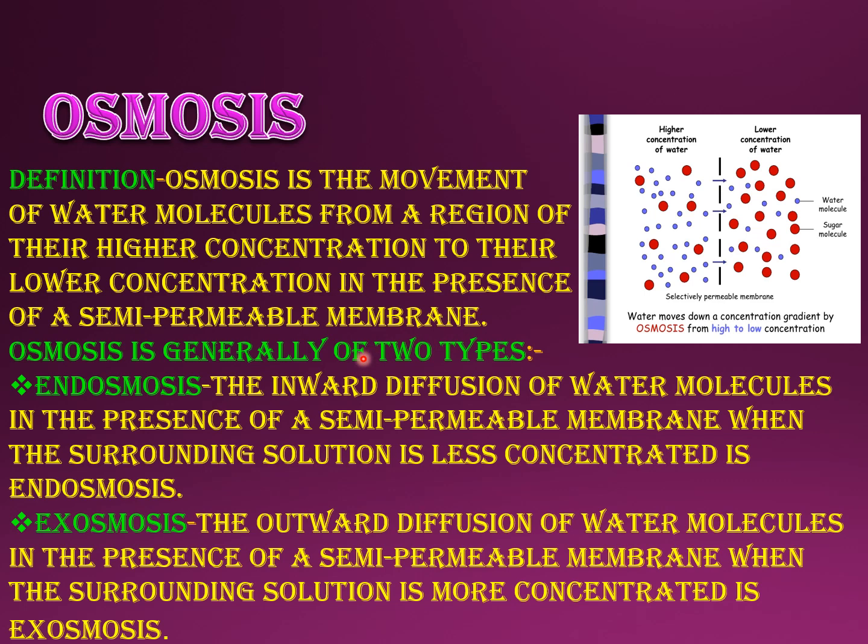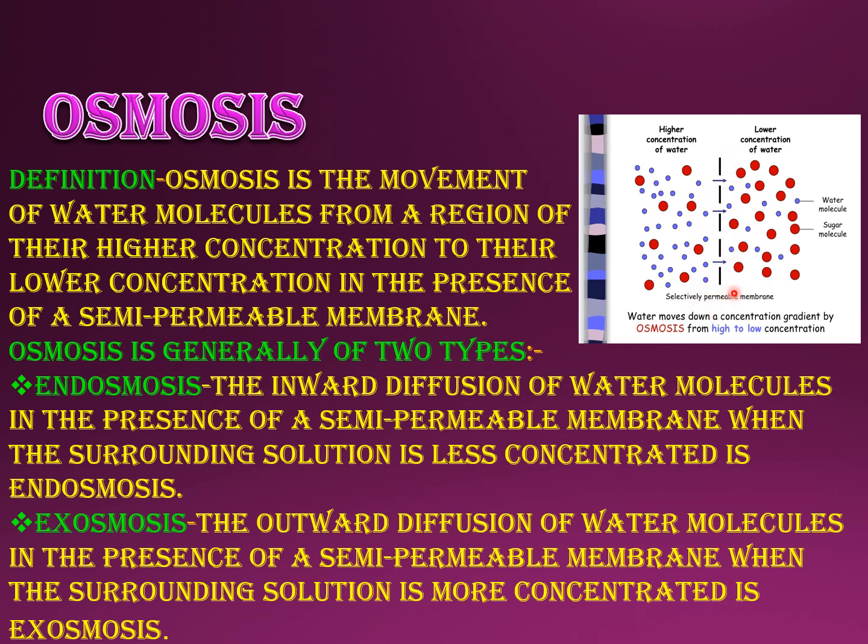Now this osmosis is shown over here, and higher concentration, you can see the red dots are sugar molecules, blue dots are water molecules over here. Here sugar molecules are more; sugar molecules are solute molecules, water molecules are solvent molecules. Solvent molecules are moving from a region of higher concentration, that is towards your left, and it's moving towards your right. There is an arrow also given there, from a region of higher to a region of lower concentration, which is separated by a semi-permeable membrane. This is called osmosis.